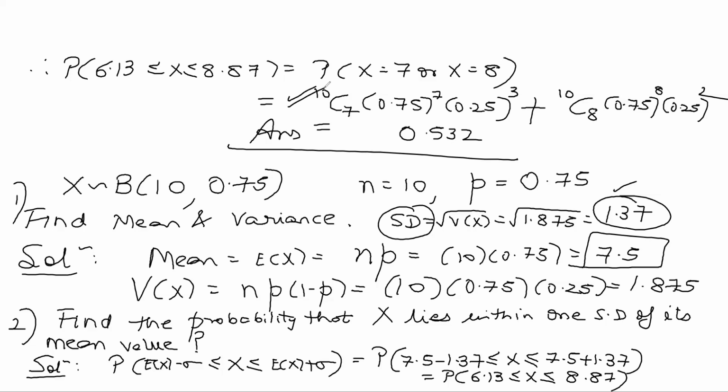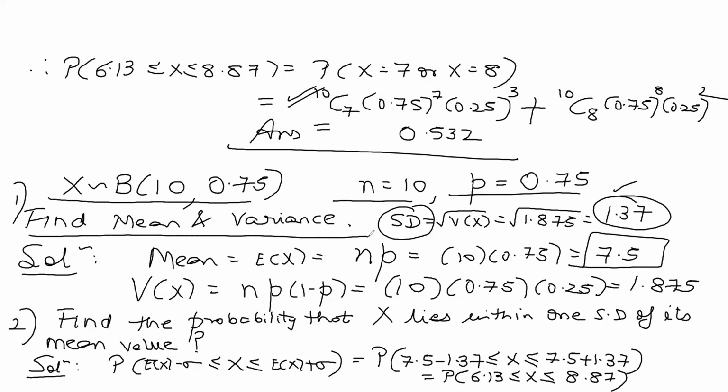So with this, I end the lecture today. If anyone has any doubts or queries, please ask. You can send me your doubt on chat. If you have not understood any part of this question, it basically had two parts. They had given all this information to you. They had asked for the mean and variance, to directly use the formula. And they had asked what's the probability that X lies within one standard deviation of the mean. Within one standard deviation means between E of X minus sigma and E of X plus sigma.